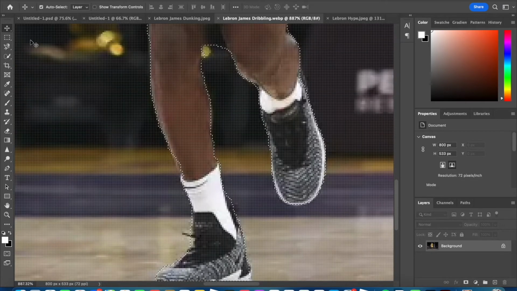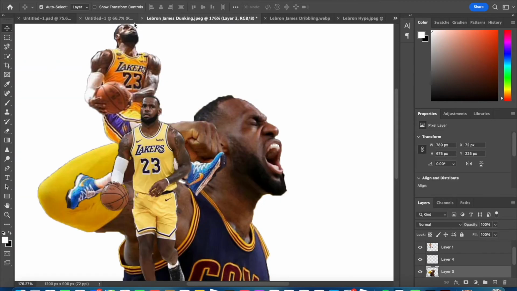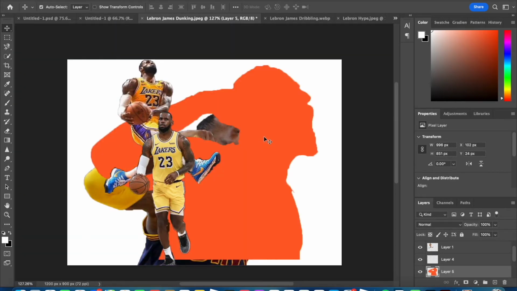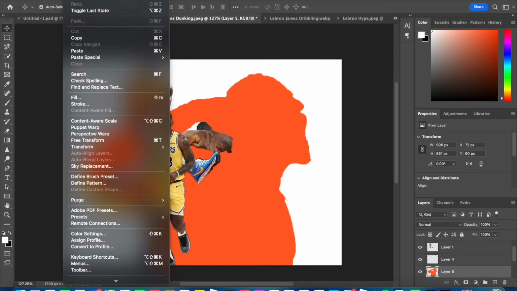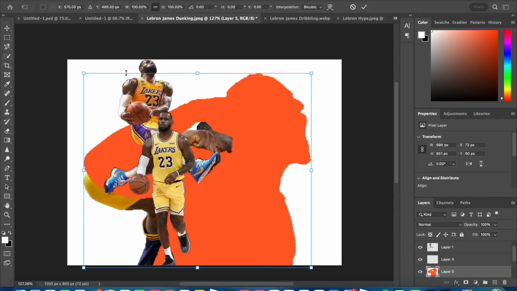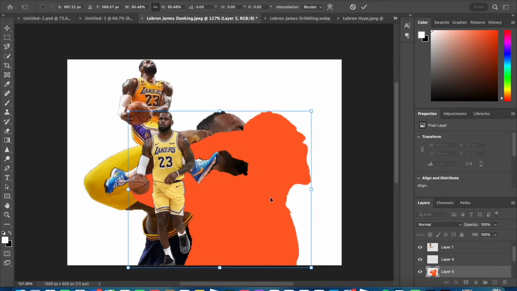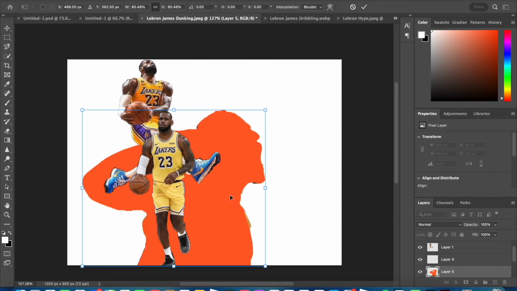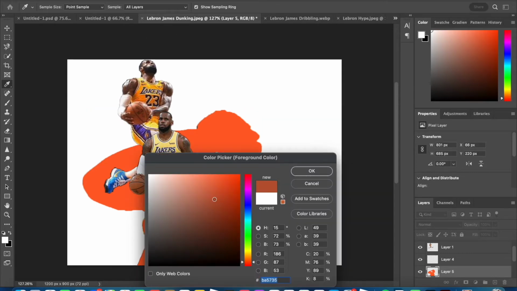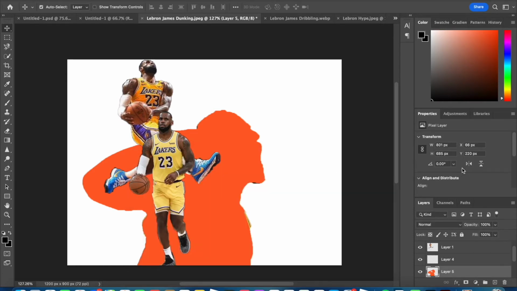So now I'm gonna come here to the main image, paste LeBron. I can see the sizes are a bit different, so I'm gonna scale them to mirror them in the same sort of size, like so. And now what I'm gonna do is I want to change the color to black. So I'm gonna go to my move tool, colors, pick my foreground, make it black. And then next I'm gonna go to properties,